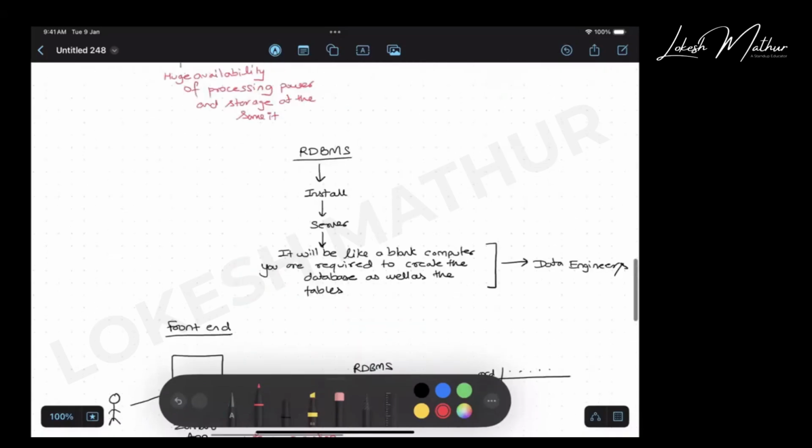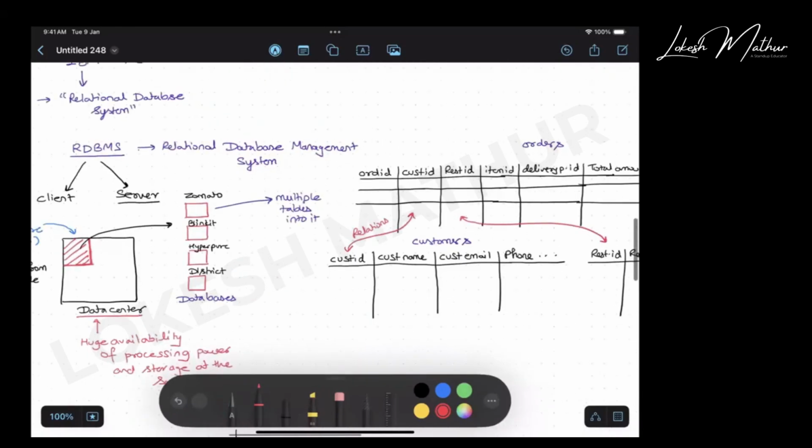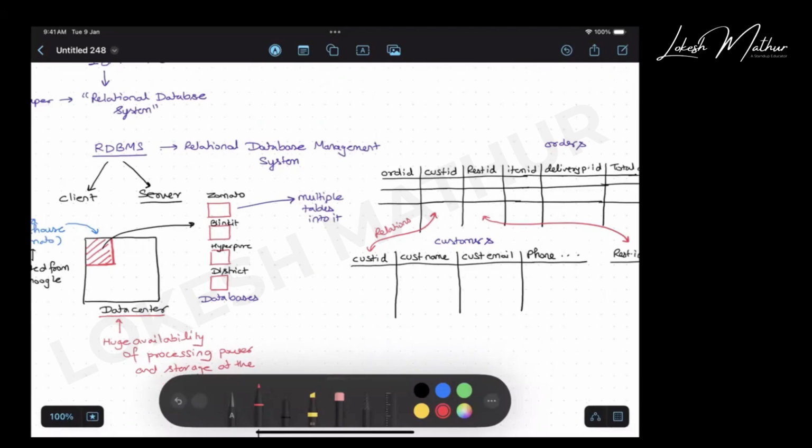This basically means that once I have created these tables, which are empty as of now, I will connect these tables with my front end, which is the mobile application. Now, whenever I place the order using my mobile, this will trigger an event and that will send the data to the RDBMS, which RDBMS will store in the table, which is orders table.